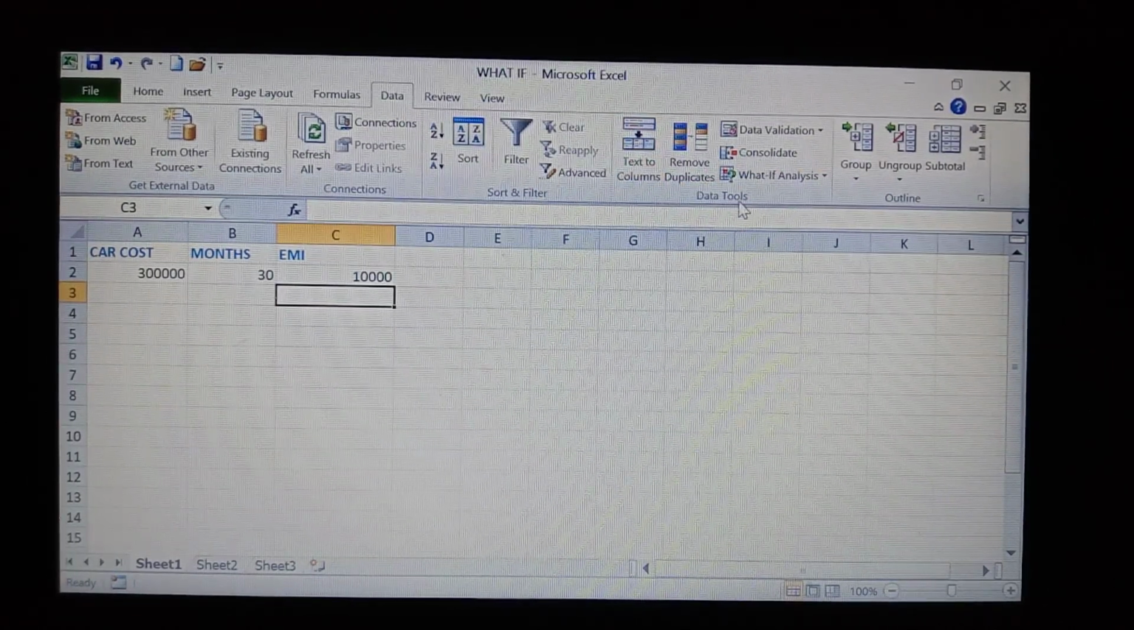To open the Scenario Manager, here we have taken two scenarios. For 24 months, how much amount we have to pay per month. For 29 months, how much amount we have to pay per month. In these two scenarios, let us see the EMI per month. Okay, for this one,